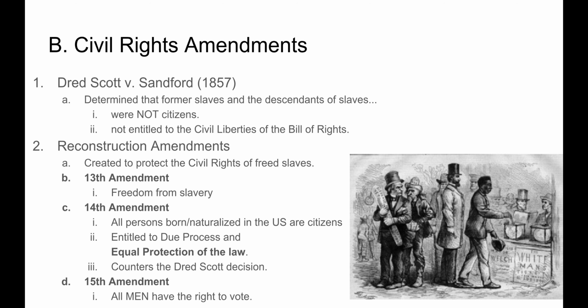What the Supreme Court decides here is that because he is a slave and because he's a descendant of slaves, he is actually not, in fact, a citizen, and that nobody who is a descendant of a slave is a citizen. And as not being a citizen, they are not entitled to the civil liberties of the Bill of Rights, which means a lot. It means that anybody who's ever been descendant of a slave is not a citizen. So when the Civil War comes to an end,